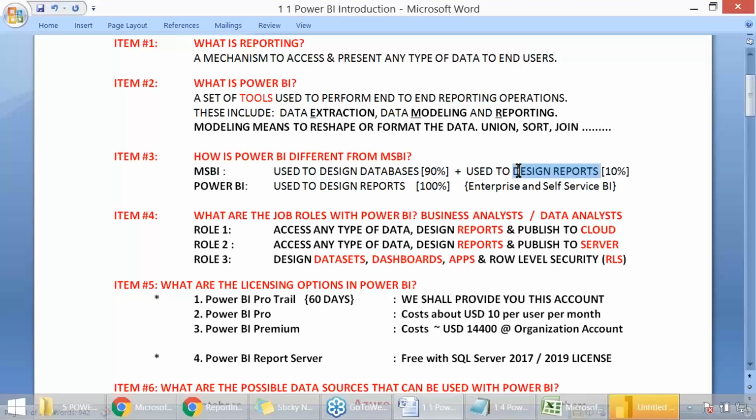It's a free reporting environment in MSBI, so obviously limited. When something is free, there will be majority limitations. Power BI is not like that. It is used to design reports, completely reporting: interactive, highly technical, eye-catchy, colorful reporting.